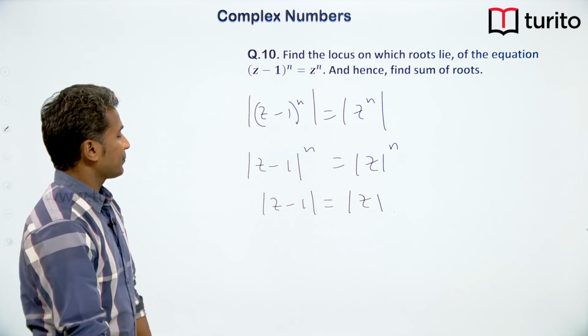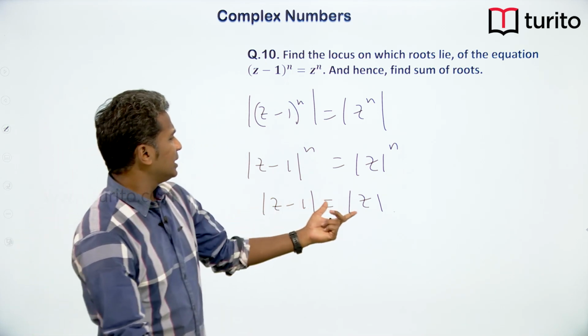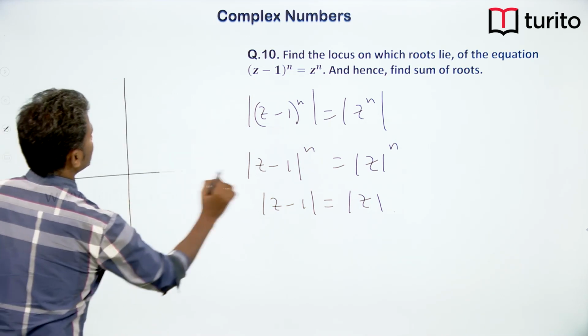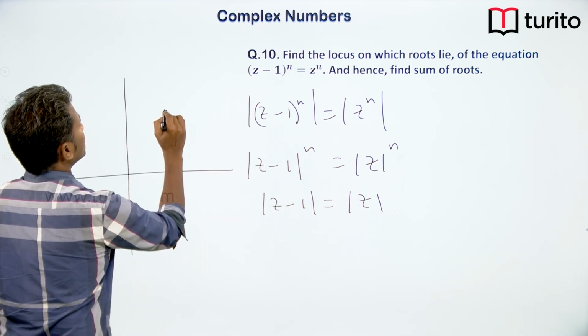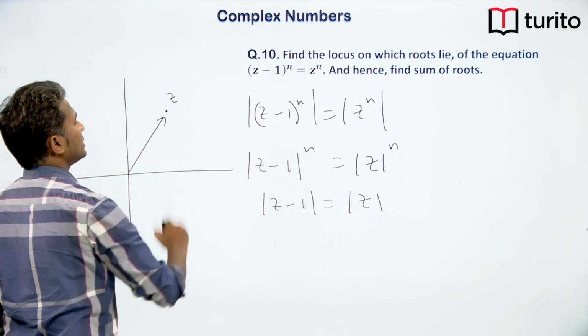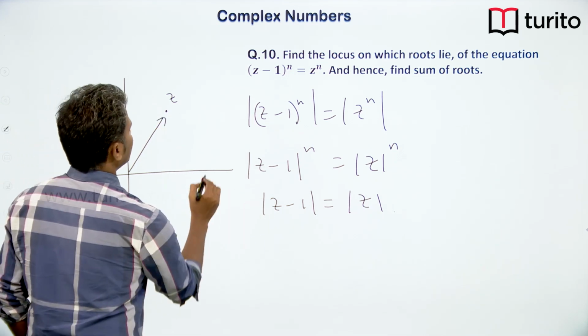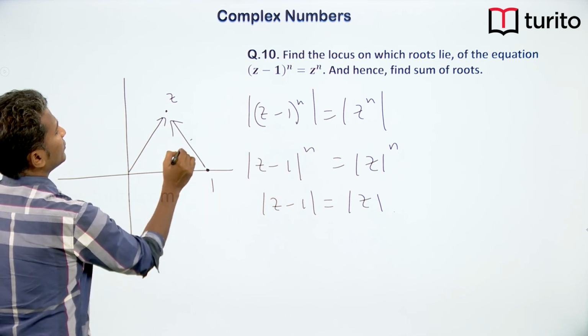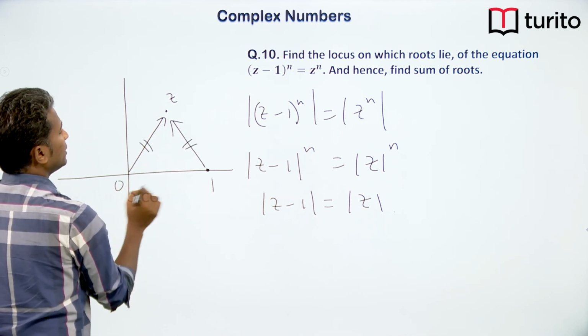Okay. Now, if you look at this statement, mod z means distance of z from origin. Let us say there is z here. So, distance of z from origin is mod z. Mod z minus 1 means distance of z from 1. Now, if these two distances are equal,